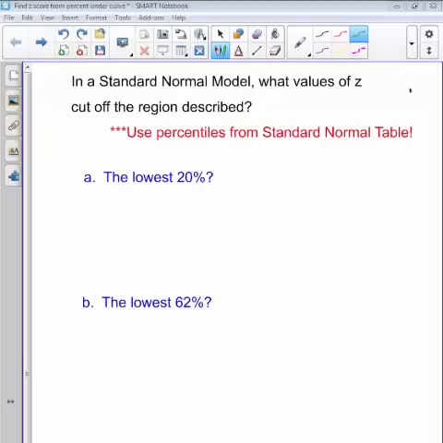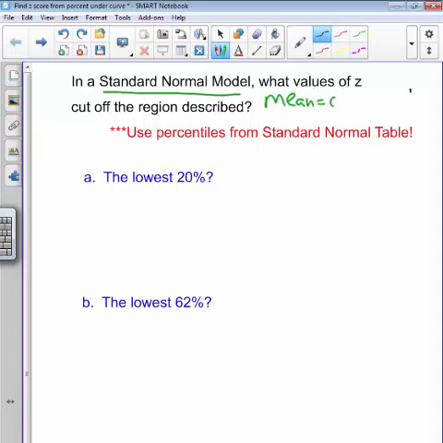For this example, we're going to use the standard normal model to find the z-score or z-scores that describe the region given by the percentiles. In the standard normal model, remember that our mean is equal to 0 and our standard deviation is equal to 1. If the percentile is the lowest 20% of the data, and the standard normal curve,